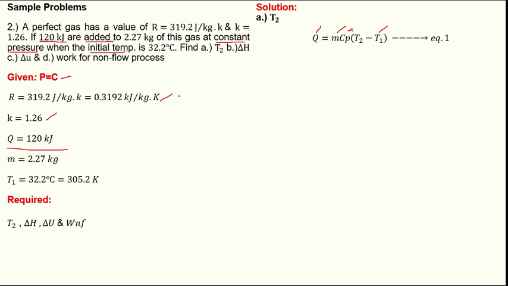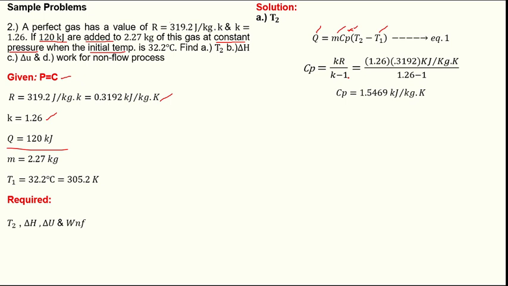So, gamitin natin yung formula natin sa chapter 3 where Cp is equal to kR over K minus 1. Okay? Anong K natin? 1.26. Anong R natin? 0.3192 kilojoules per kilogram Kelvin over 1.26, which is yun yung K minus 1. So, walang cancellation of units dito kasi wala namang units sa baba. So, kung anong units mo dito, yun dapat yung units ng Cp mo. Therefore, pag in-input natin sa calculator, Cp is equal to 1.5469 kilojoules per kilogram Kelvin. So, since meron ka ng Cp,